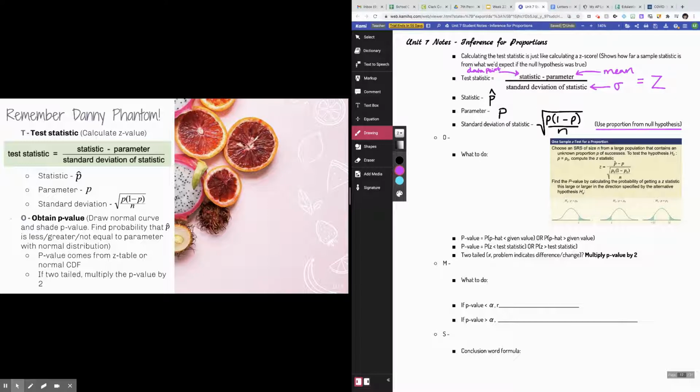So that's like most of the math. Okay, and then O stands for obtain p-value. So that's what you do in a typical normal distribution problem or a sampling distribution problem, where you draw the normal curve, sketch out the normal curve, right? Draw where your mean and standard deviation are, draw your data point, your statistic, right? And shade to the left or shade to the right, depending on the problem, right? Okay. And then use either your Z table or your calculator to find a probability. Okay, so what you do here at this step is you draw your normal curve, okay, shade the p-value region,